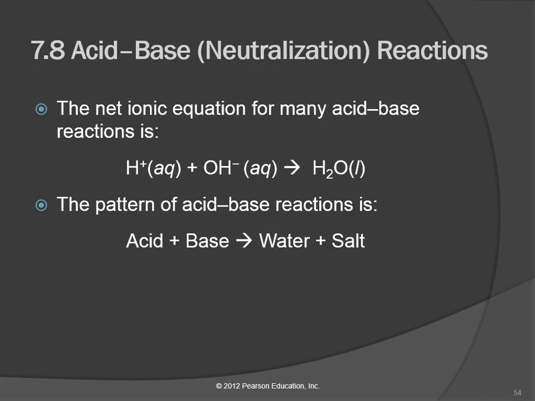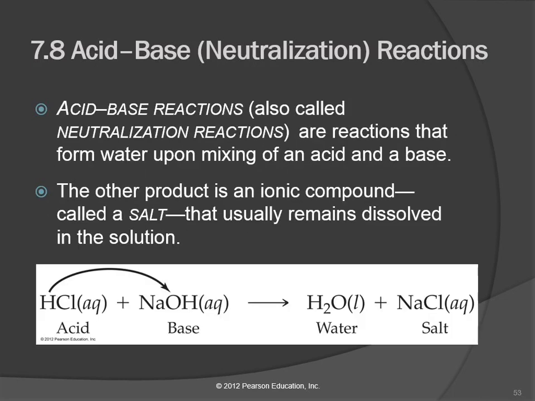Question? Yeah, I'm still kind of confused on, I know how sometimes you can cross the charges. I don't really understand when you would and when you wouldn't. So a little confused about crossing charges to make the ionic compounds. Yeah. So you look at the charge on the cation and the anion. One's positive, one's negative. If they're the same number, like both 2 or both 3 or both 1, you don't have to do anything. If they are different, then you can do the crisscross thing. And it'll work most of the time. And when you crisscross it, so